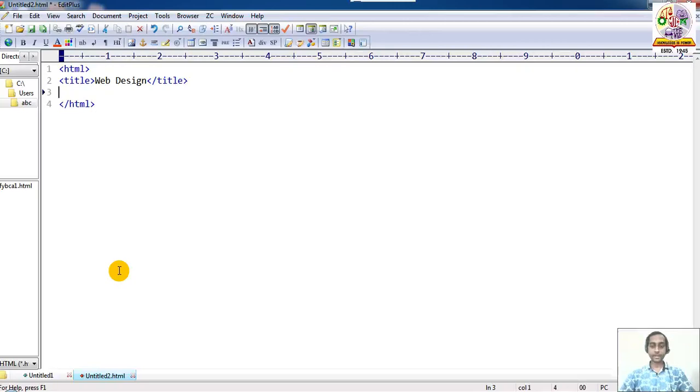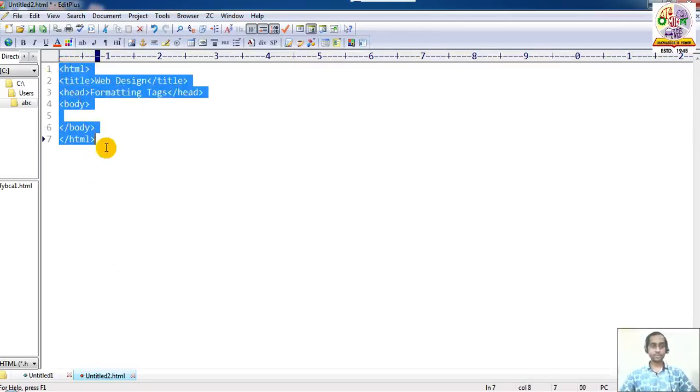Then the heading tag, we have to use head. End of head tag. Then the main part is the body tag. Simply, we have to type this. In HTML, all the tags are enclosed between them.